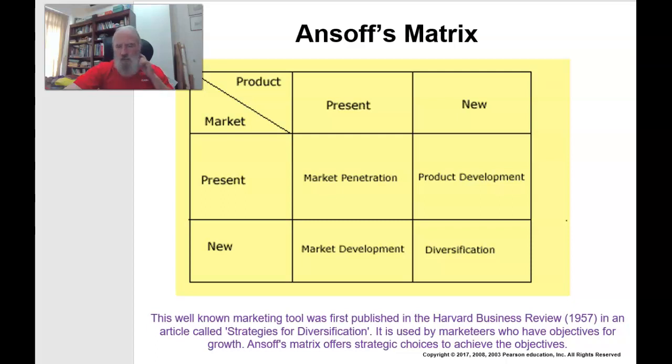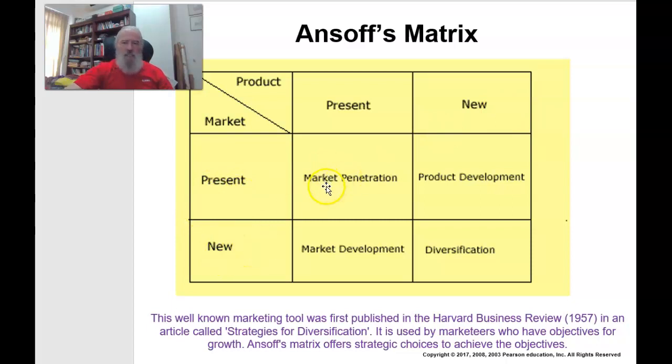When you look at the industry that you're analysing, you'll need to think about which one of the 4 options it's got. Now, later on, I might show you a video from one of my old marketing professors, Professor Malcolm McDonald from Cranfield, and he talks about vectors of risk and which strategy makes the most sense. So the matrix is split into your current product or new products, your current market or new markets.